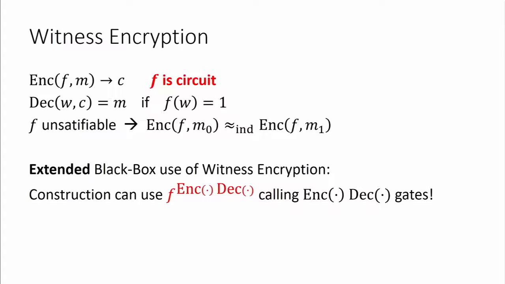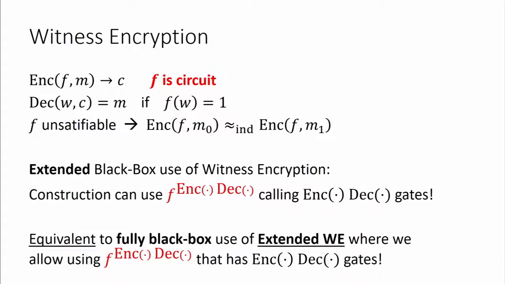It could call those primitives as a black box themselves. But eventually, if you want to realize such a construction at the end of the day, it would become non-black box. In our model, we just call it black box because that's allowed in the model. So one simple observation is that instead of saying the construction is non-black box and is planting these gates, we can make a trick saying that it's equivalent to say that we are still using a primitive in a black box way, but the primitive itself